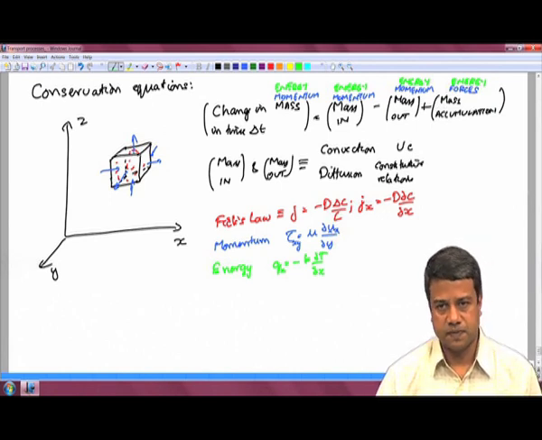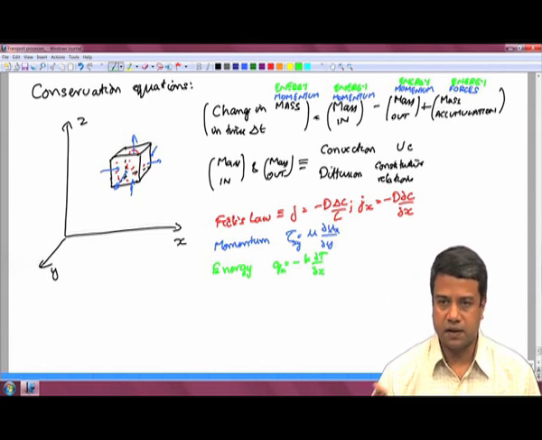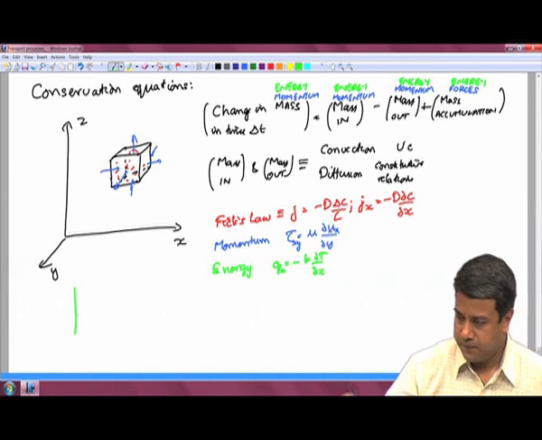which contains variations in time as well as variations in space. That equation is valid at each location within the flow. Now, from this equation, I have to determine what is the concentration, temperature or velocity field. That field is determined by integrating this equation. Just as, for example, if you had